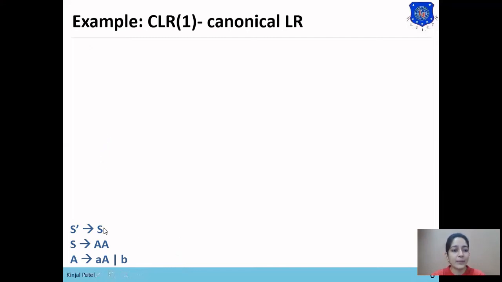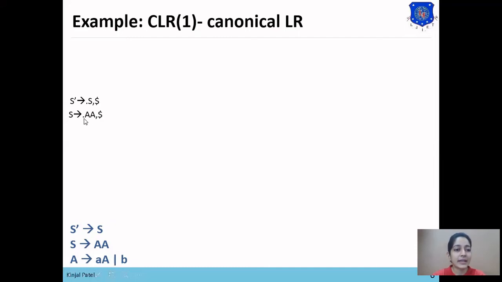So first we'll apply the closure rule. The first rule will be S' derives dot S, comma dollar. Initially dollar lookahead will be added for the starting symbol. Now dot is present at the beginning of S symbol, so the production of S will be added in this set. So S derives dot AA will be added in this set. Here in the first statement, between S and comma there is no term, so beta is null, so directly dollar will be placed in the lookahead of S.